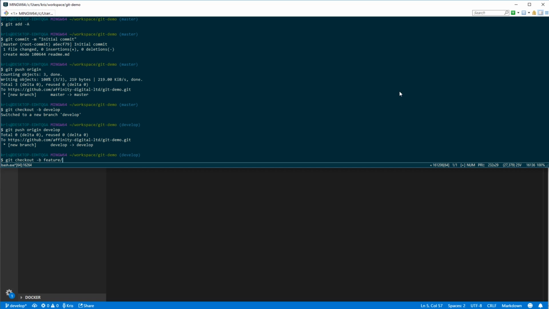Now I need to give it a really meaningful name. One of the hardest things in programming is naming things. We always want to ensure that the names that we give things, whether variables, classes, methods, functions, branches, are explicit. They convey the meaning of what we're trying to do here. So I'm going to call this README